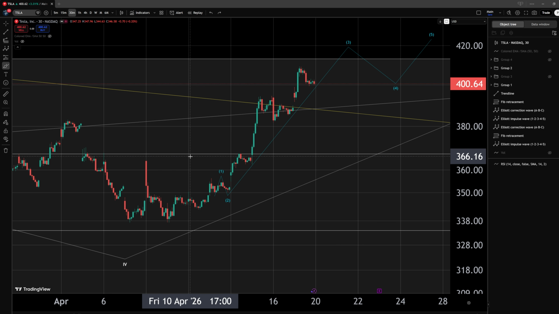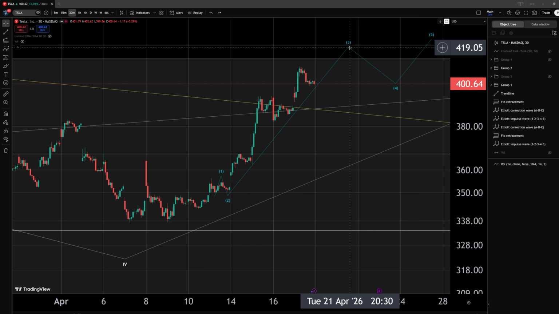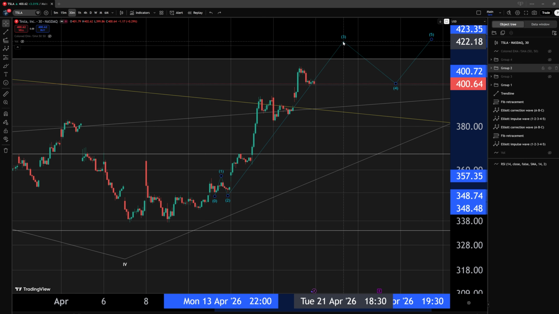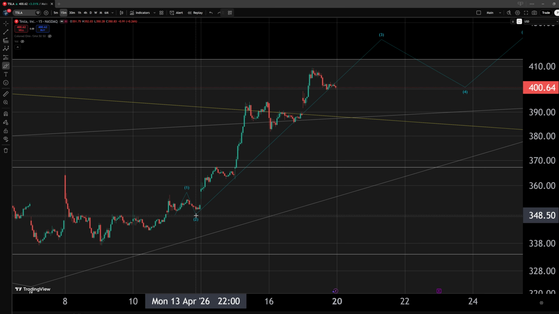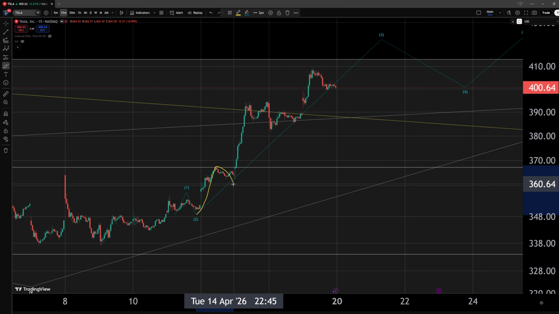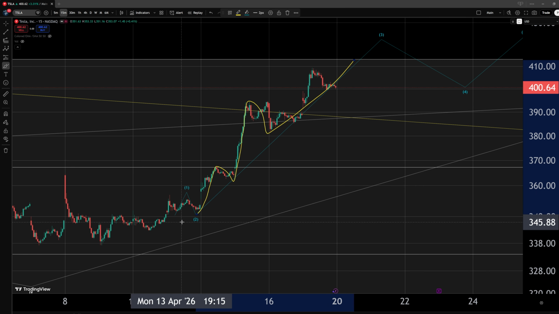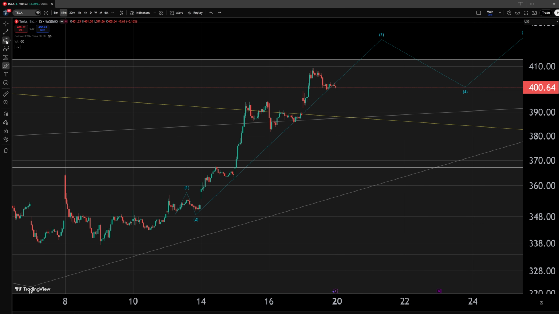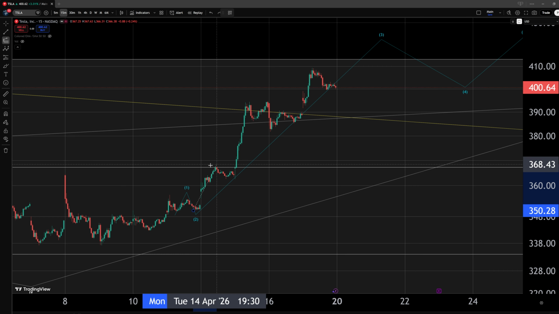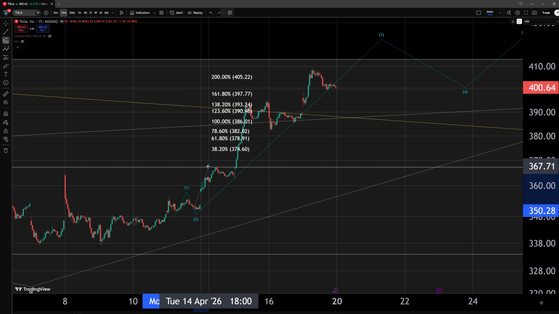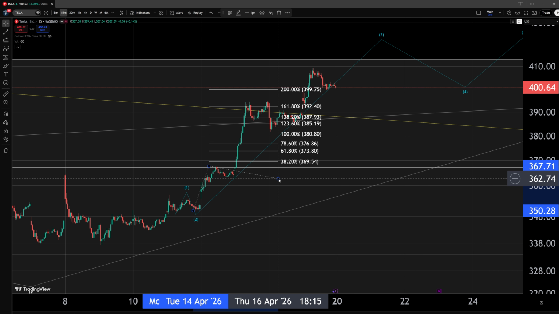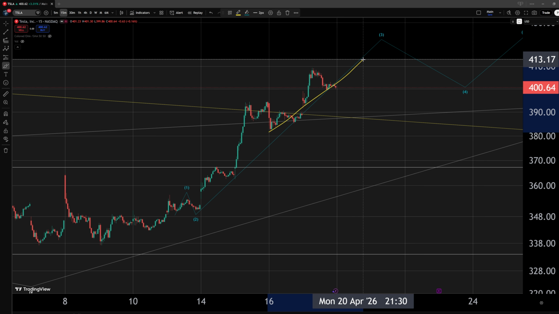But what I'm focused on is currently still on extensions of this as an internal wave 3 within the idea of an impulse. I would have here a wave 1 up, a wave 2 down, this would be my wave 3 to the upside, wave 4 down here, and now we would be building the wave 5 of this larger wave 3. Within this internal wave 3, we have reached the ideal target, the 138.2% extension of the wave 1. In fact, we even exceeded it, reaching the next target,